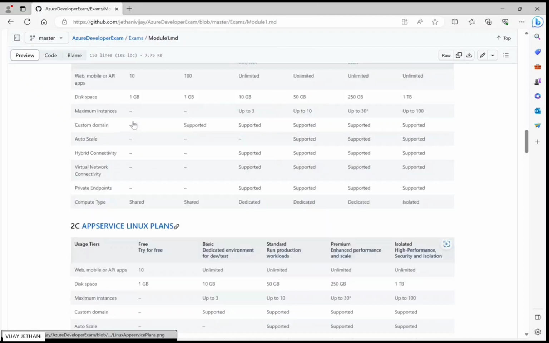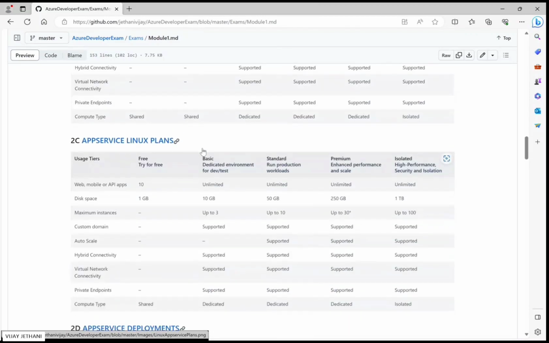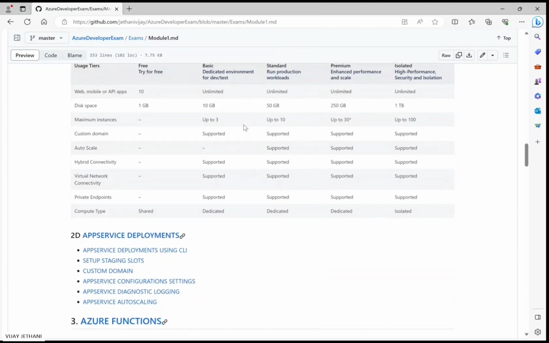Rest all, I think there is a lot of similarity. Most of the things remain the same, but go with the parameters written at the left and see what limits you see for the app service plan. So you will obviously get around 3 to 5 questions around the app service plan itself, and you have to select appropriately. Now moving ahead,